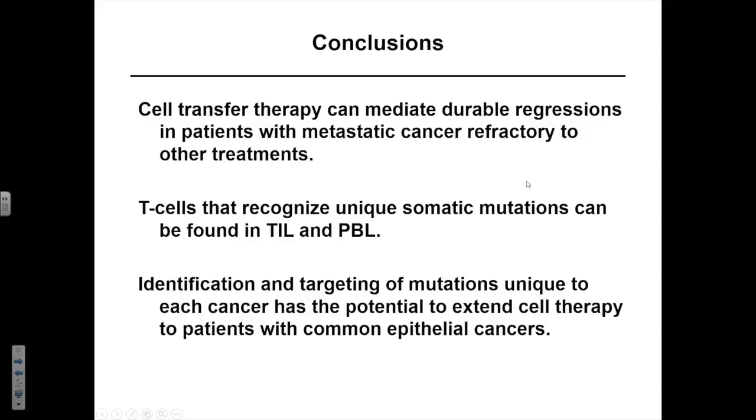So in this penultimate slide, I've tried to show that cell transfer therapy can mediate durable regressions in patients with metastatic cancer refractory to other treatments. The only patients we see are patients that have been through all standard treatments, many of which are marginally effective. The T cells that recognize unique somatic mutations can be found both in tumor-infiltrating lymphocytes and peripheral blood, and that identification and targeting of mutations unique to each cancer has the potential to extend cell therapy to patients with common